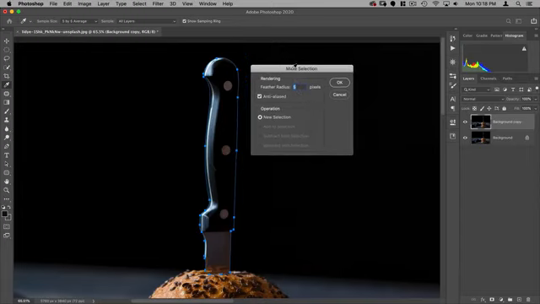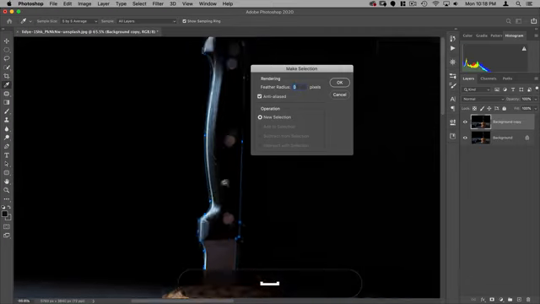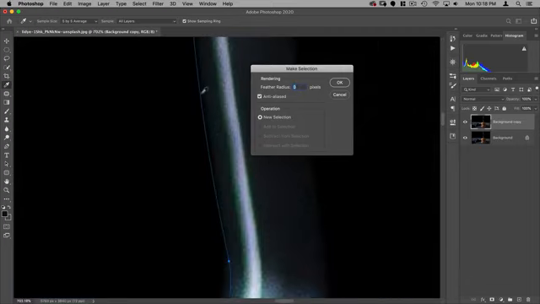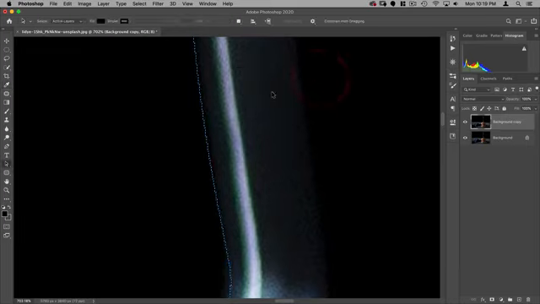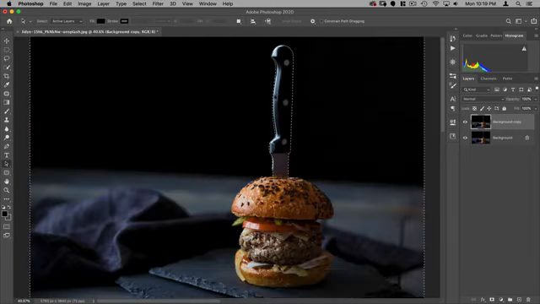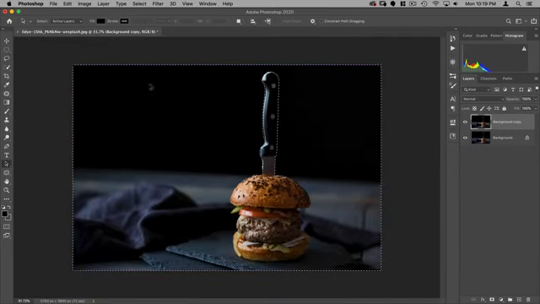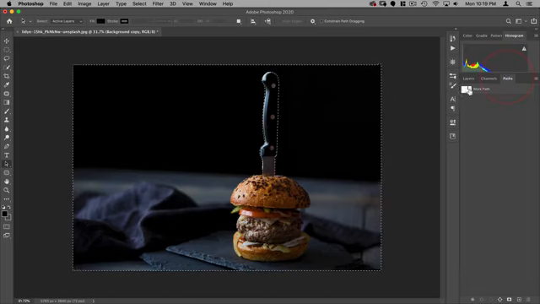And here I can add a feather radius. It's already anti-aliased, so if you just leave it at 0, that's normally fine. But in this case, there's probably a few pixels of feathering there. So let's do 0.2. This is one of the few places in Photoshop where you can do a fraction of a pixel. So let's hit OK. Zoom out. And as you can see, it's actually selected everything outside. I could just invert this, but I'd rather just fix my path.